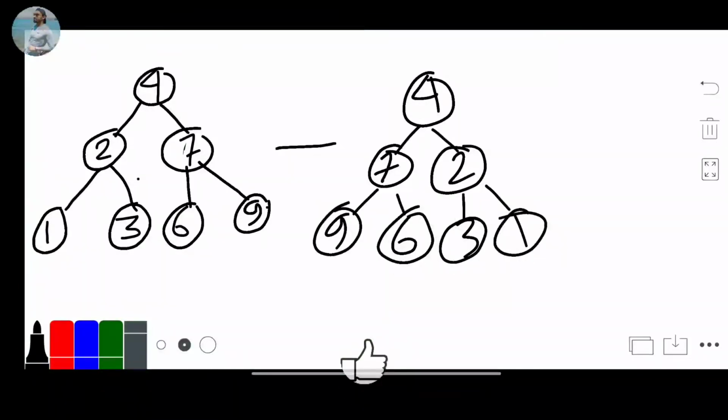Basically, inverting a binary tree gives a mirror tree. So how will we convert this binary tree to this tree? We will swap the left node to the right node and the right to the left, for all nodes. Okay, let's move to the solution part.